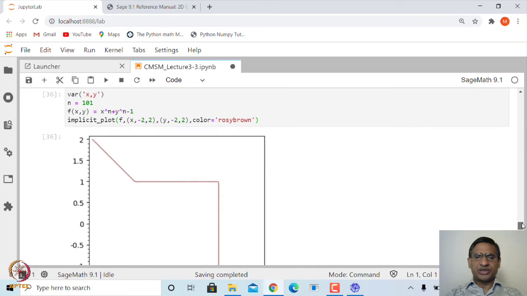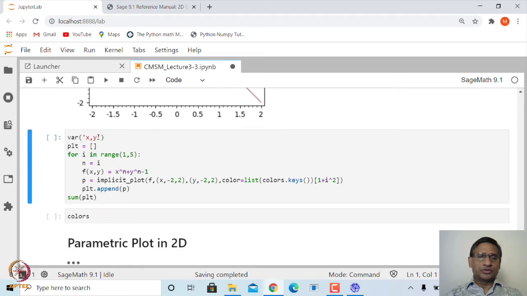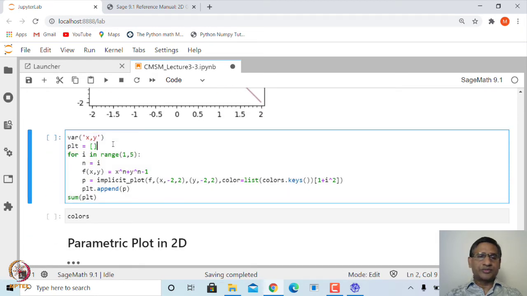So, we can use a simple for loop. We can again define the variables x and y, and let me create an empty list, and inside this list we will keep on adding the plot for n equal to 1, n equal to 2, n equal to 3 up to n equal to 5. So, for i in range 1 to 6, let us say i equal to n, f of x is defined like this, and then